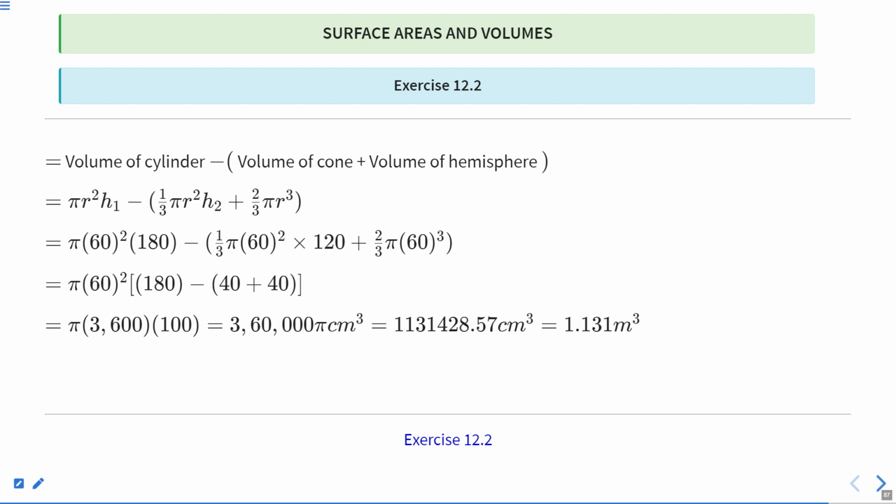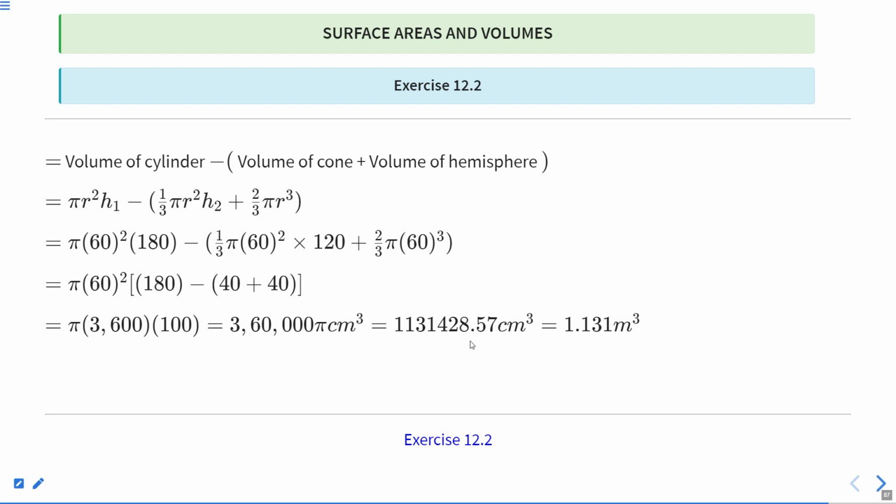Okay, and then you will get pi times 16 square times (180 minus 40 plus 40), and this is actually equal to pi times 3600 into 100, and this is equal to 36000 pi centimeter cube. Okay, and if we now put the value of pi as 3.14, then you will get